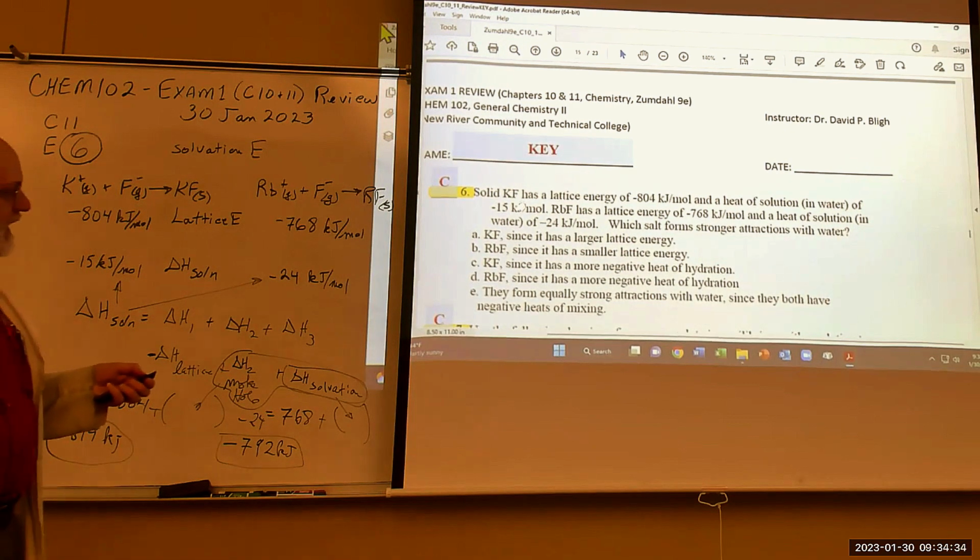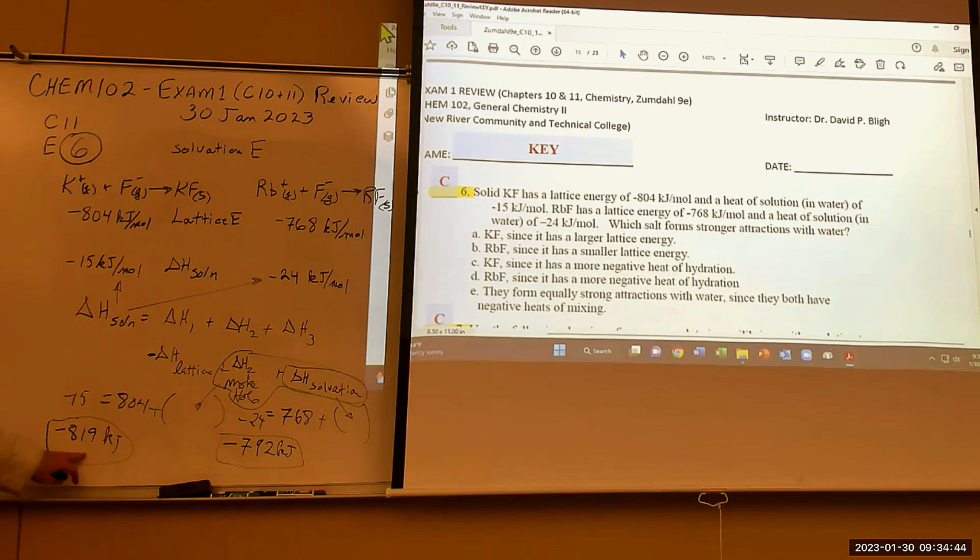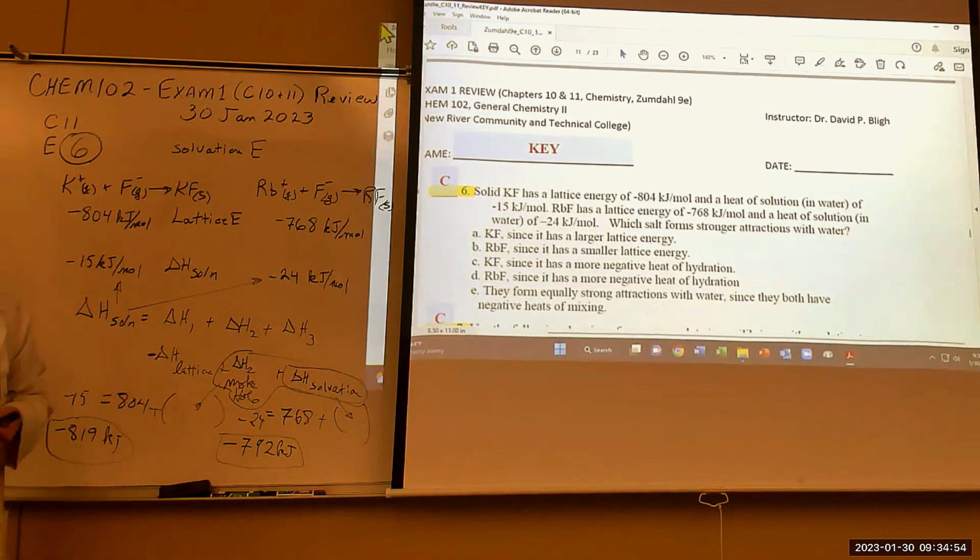All right, so KF has a stronger attraction with water, but not because of the lattice energy. It's because it has a more negative heat of hydration. That's this one. The heat delta H solvation is the heat of hydration. Okay. And it took a while to get around to that one, but